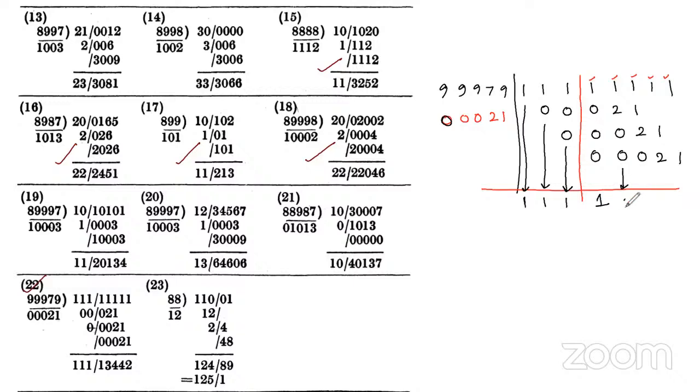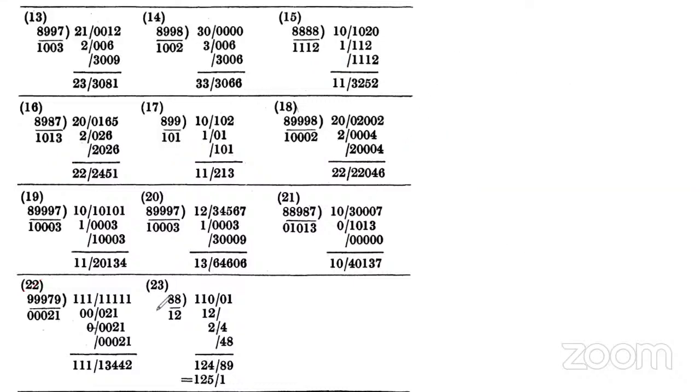In this column 3. Here it is 4. And here it is 4. And here it will be 2. So this will be our remainder part, and 113 will be our quotient part. Let me discuss here